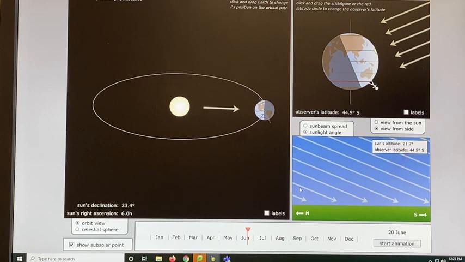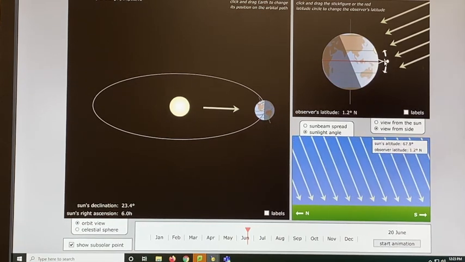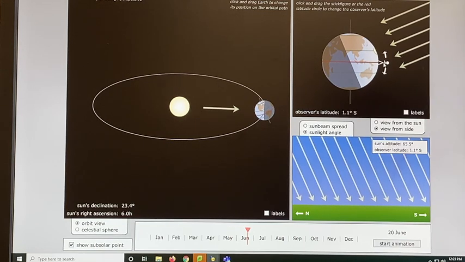All right, now if we go back through all this again, so somebody on the equator, about as close as I can get it again. All right, the